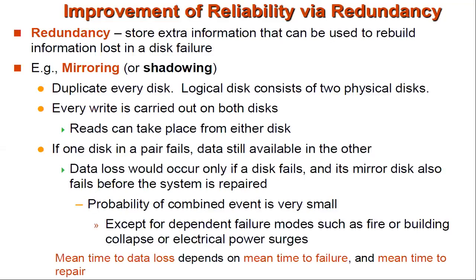At the time of reading, you are just going to read the copy only. You are not going to do any modification there. But at the time of a write operation, definitely you have to do the modification, that is, you are going to update the data there. So at the time of writing, both disks should be accessed, and at the time of reading, it is enough to get the data from any one of the disks. Then suppose one disk in a pair fails, what will happen?